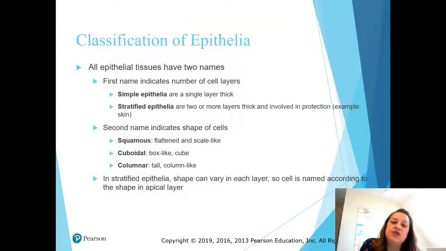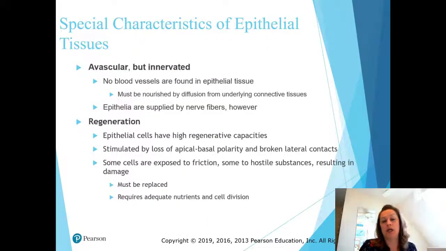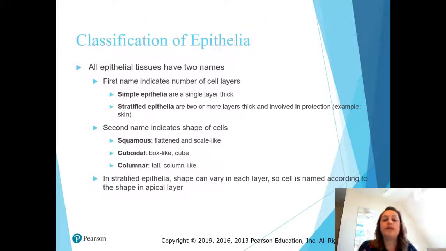All epithelial tissues, or most epithelial tissues, have 2 names. The first name is how many layers there are, how many cell layers there are. So when we look at this picture, there's 1 cell layer. Tall, rectangular cells all look like this, 1 layer thick. That would be a simple epithelia, 1 layer. Stratified epithelia is going to see layer upon layer upon layer. That's called stratified. The one that we looked at was simple because it's 1, and columnar, very tall column-like cells,